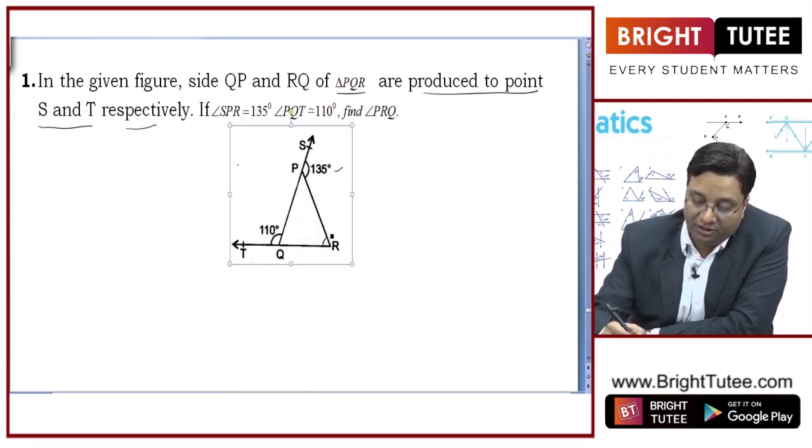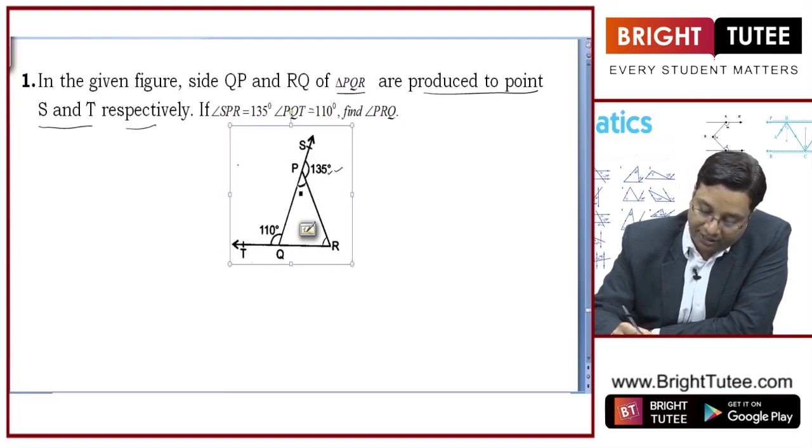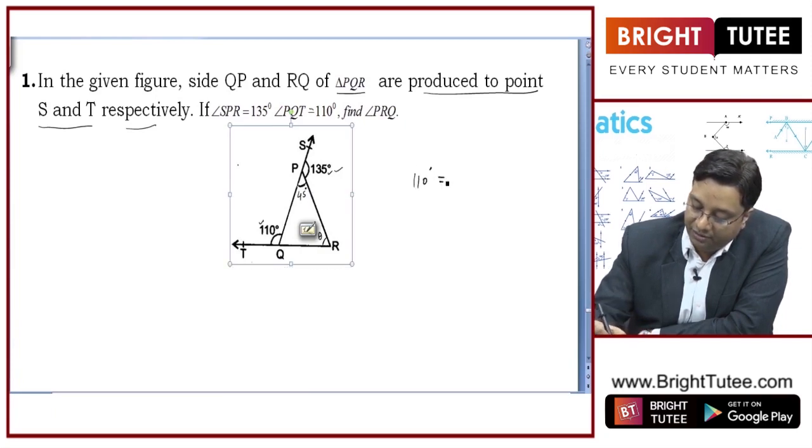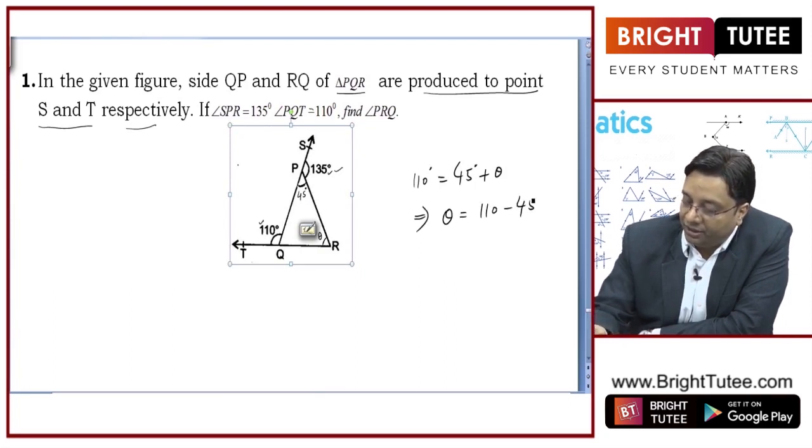Now if I do this question in this diagram itself, then I can say this angle is a linear pair of this. So this will be 180 minus 135, that is 45. So this angle I have obtained as 45. Now this is an exterior angle, so it will be equal to the sum of interior opposite angles. So this is 45. If this is theta, I can say 110 will be equal to 45 plus theta. Hence theta is equal to 110 minus 45,